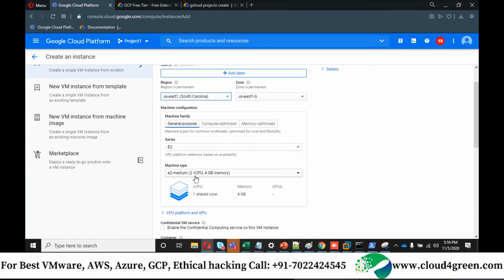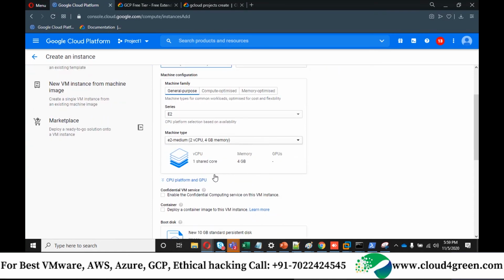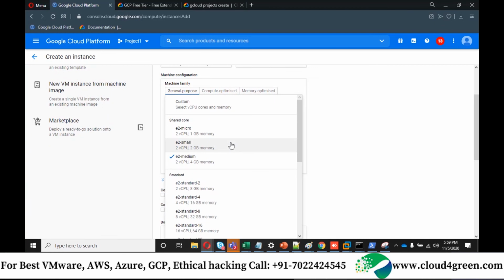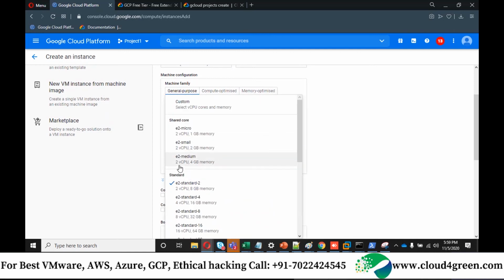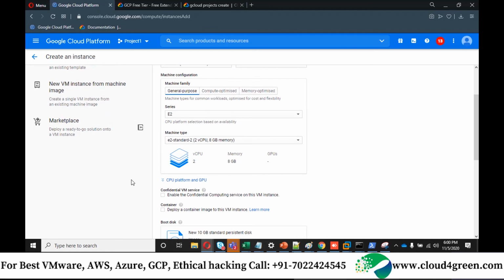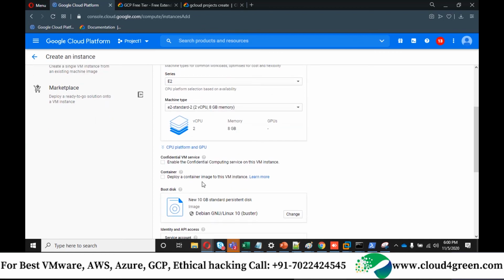You can go with 2 CPU and 4 GB memory, E2 standard. 4 GB is recommended, but if you want faster access, you can go another 4 GB extra. That is E2 standard, 2 CPU, 8 GB RAM.